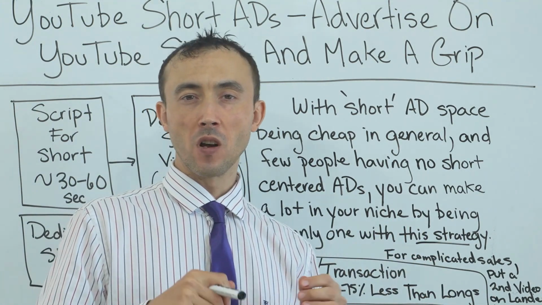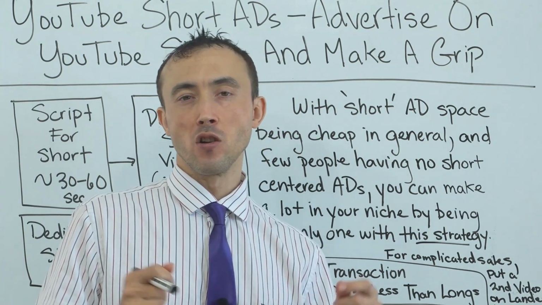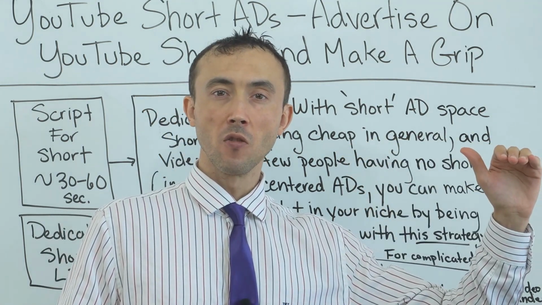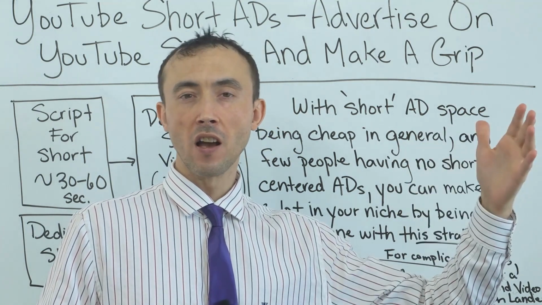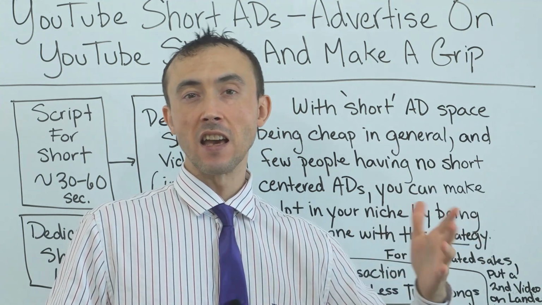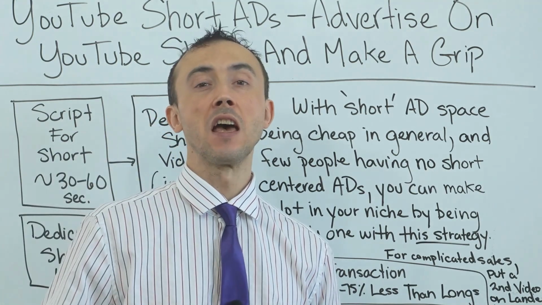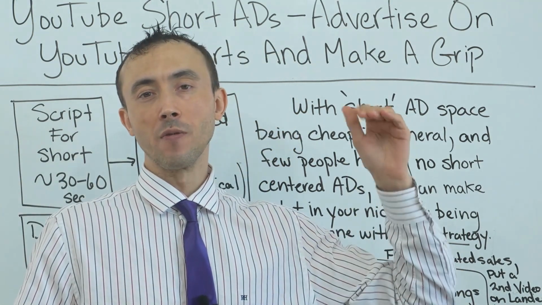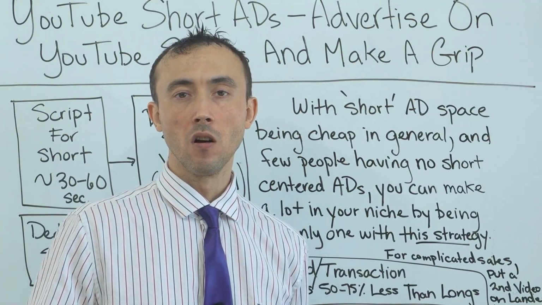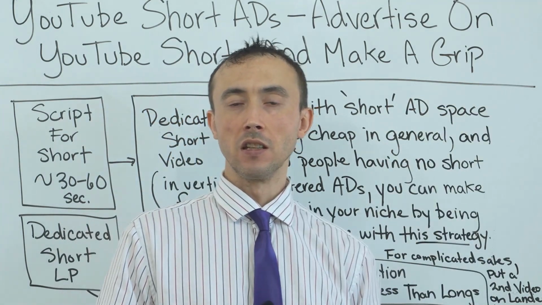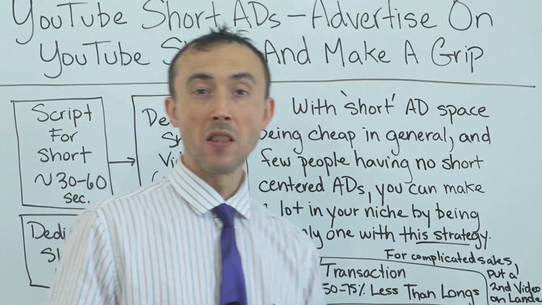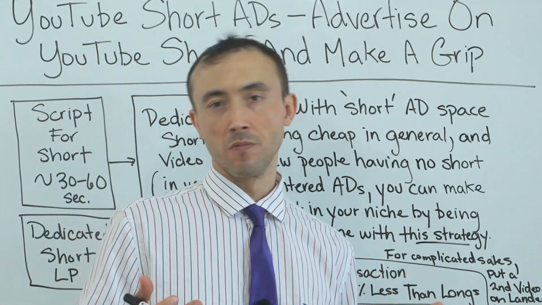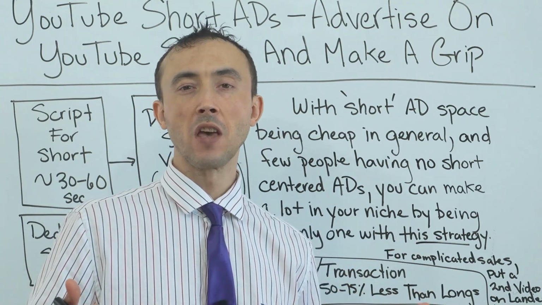An actual ad impression on short ads, I don't know if you're aware of it or not, compared to long view ads or long video ads, is like 1, 2, 3% of the cost of a long view or long ad view itself. But the reason why it's 1% of the cost is for simple reasons. Why most people can't monetize the space.